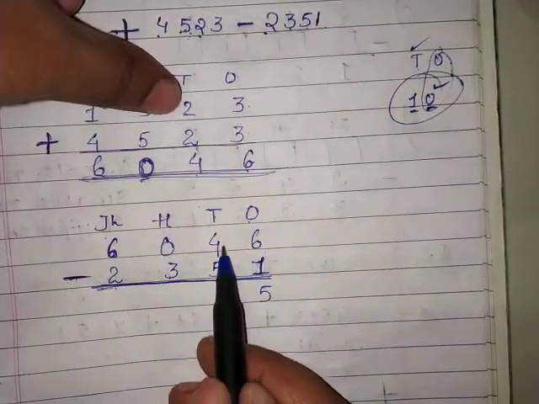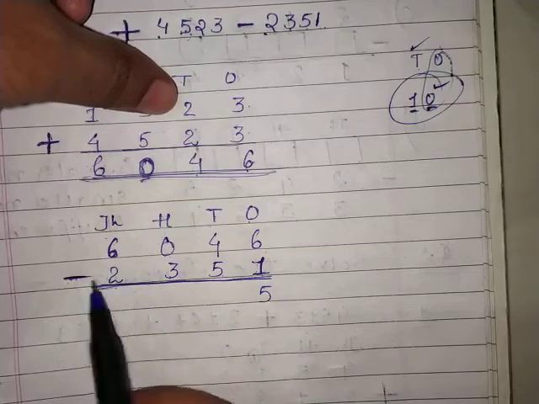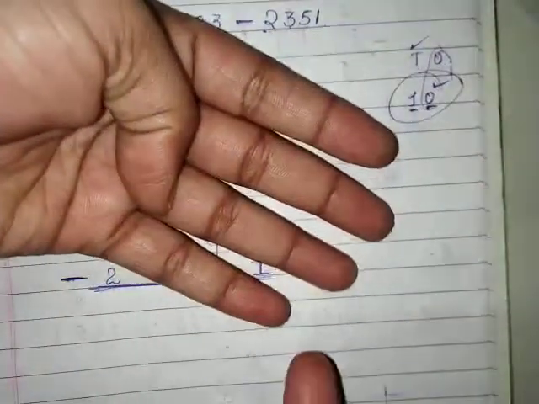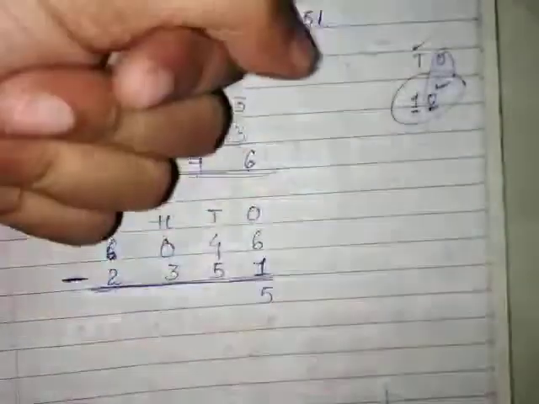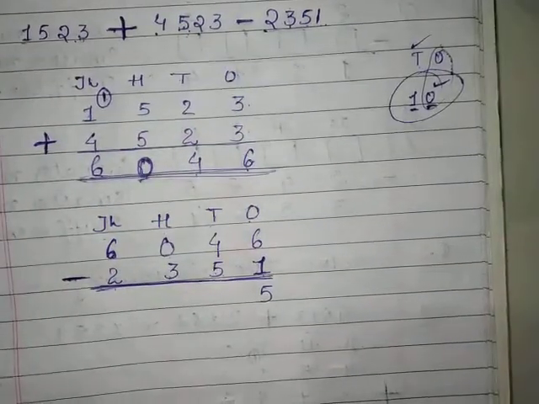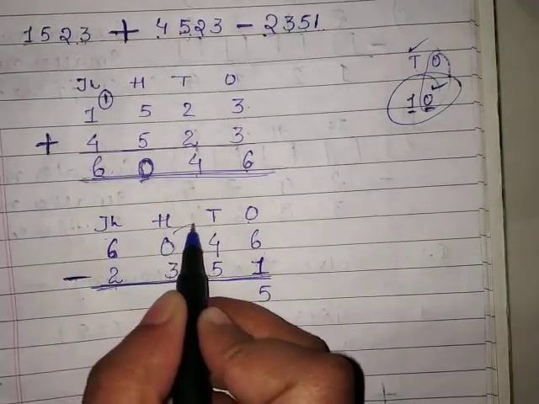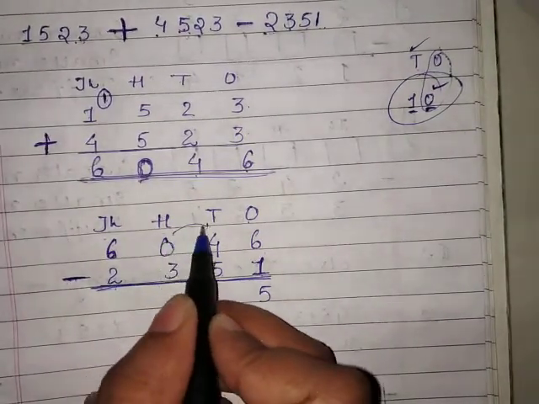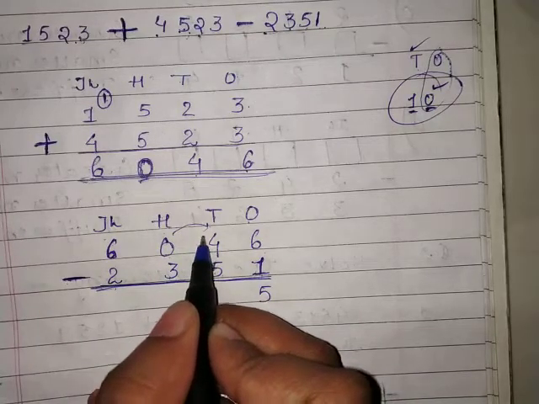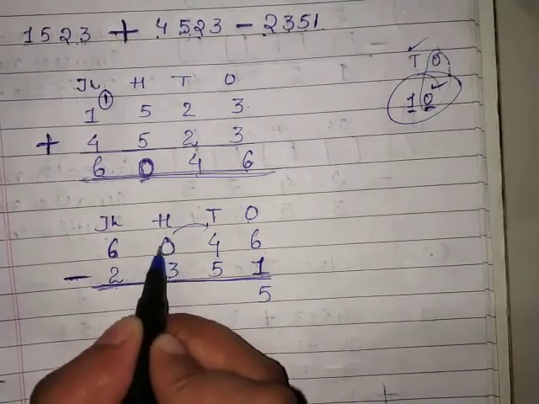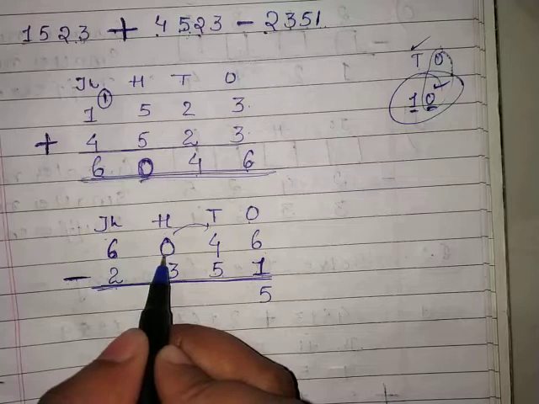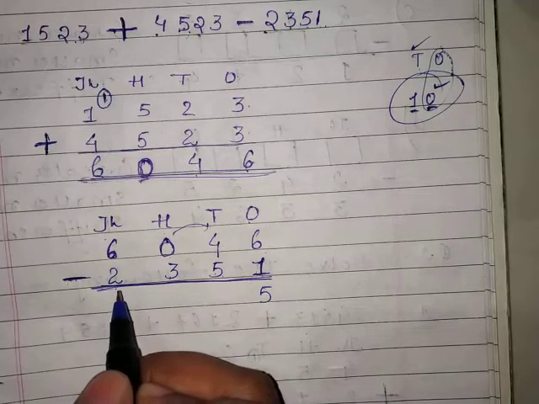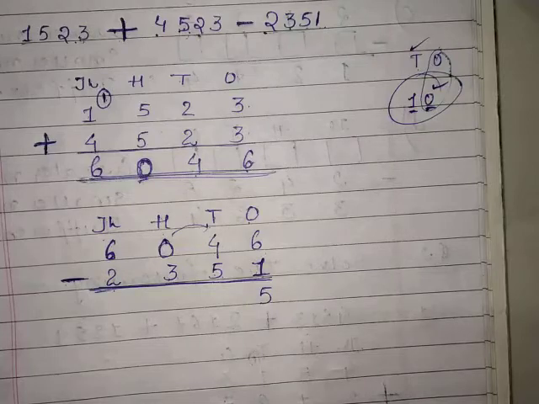Now you can see that this is 4 and here it is 5. So is 4 minus 5 possible? See, these are the 4 fingers. Now can we subtract 5? These are only 4 fingers. We cannot subtract 5. So here what we have to do? We have to take a carry. If we take a carry, then it will become 14. But see, this is 0 here. Can 0 give a carry? No, because this is already 0, and 0 means no value, no number.